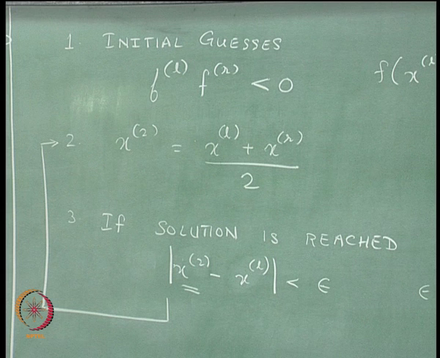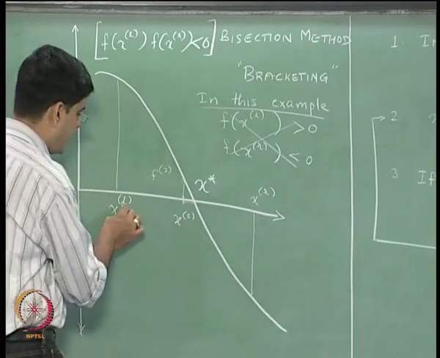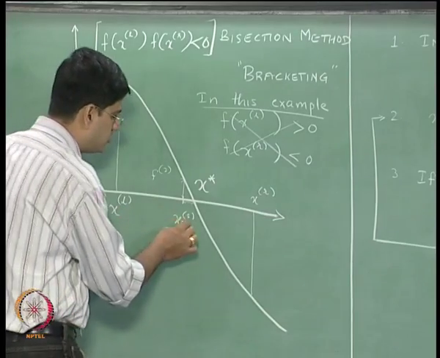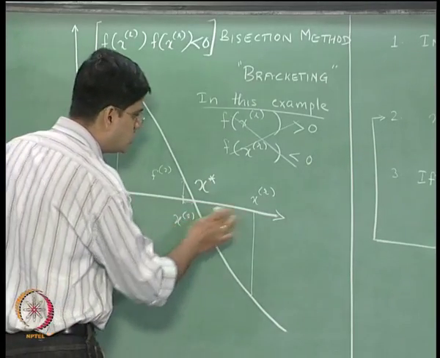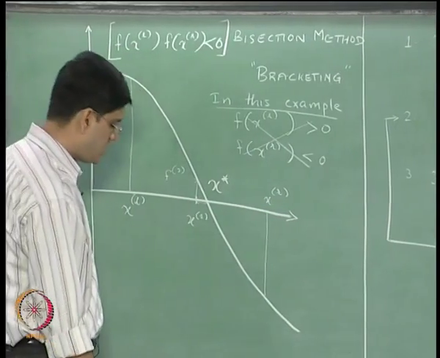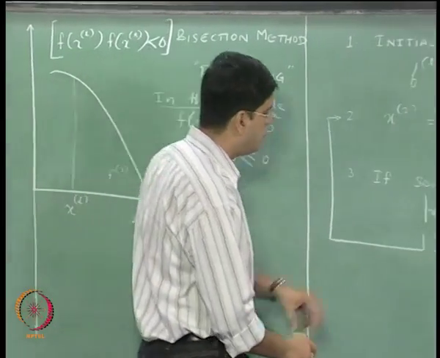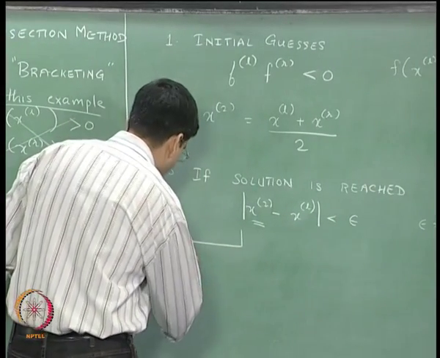So in this particular example, because x2 lies on the same side of x star as xl, our new xl is going to replace it with x2, okay, and now x2 and xr are going to bracket this solution. So before we go to the next step, what we need to do is verify